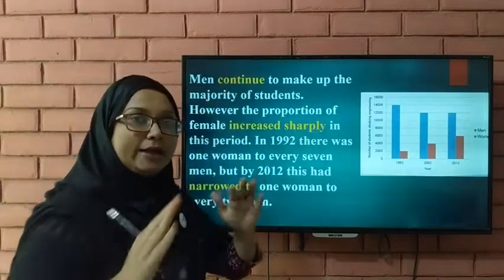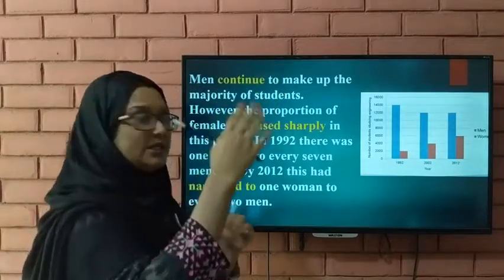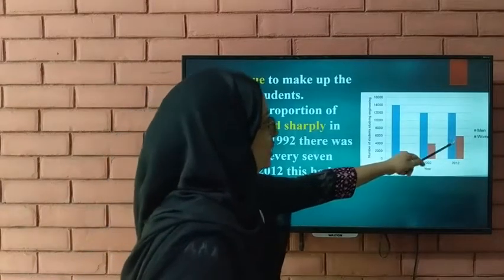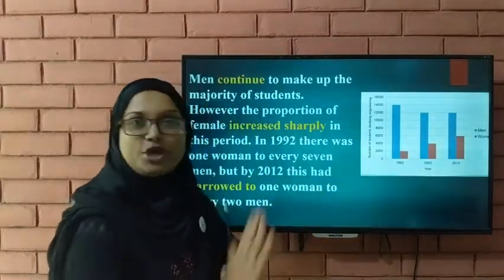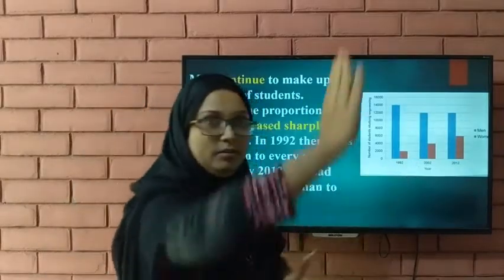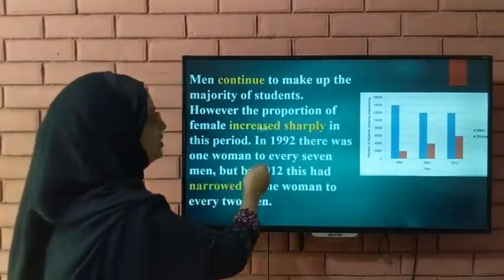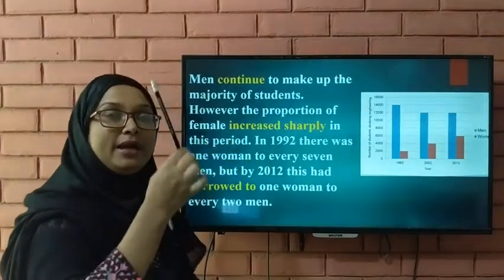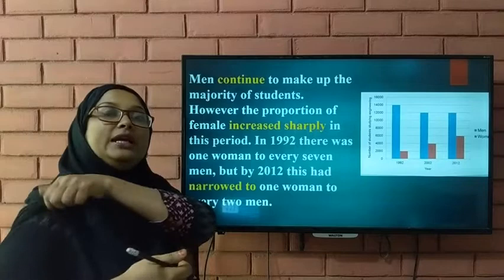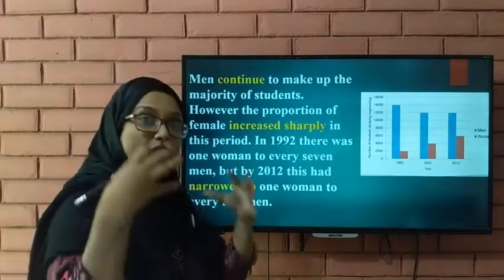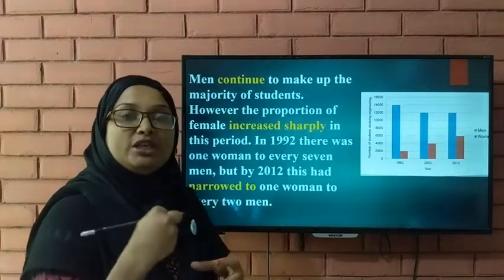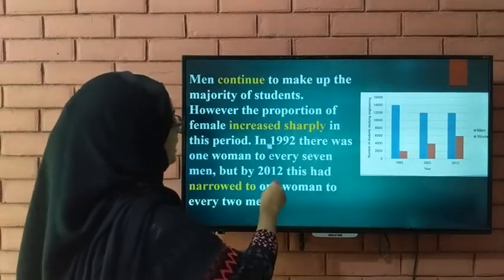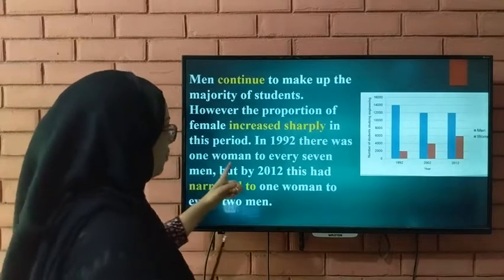Sharply মানে কি একদম খুব দ্রুত বেড়ে গেছে, হঠাৎ করে বেড়ে গেছে। 2000 থেকে 4000, 4000 থেকে 6000, তাহলে কি একদম শার্পলি বেড়ে গেছে না? 2000 থেকে একদম 6000 বেড়ে গেছে, increased sharply। তাহলে বেড়েছে কিন্তু কেমন করে বেড়েছে? শার্পলি। আমরা এই যে অ্যাডভার্বগুলো যদি ব্যবহার করি তাহলে এটা আমাদের রাইটিংকে কি করবে? অনেক বেশি এনরিচ করবে। এনরিচ মিন্স সমৃদ্ধ করবে, সুন্দর করবে।